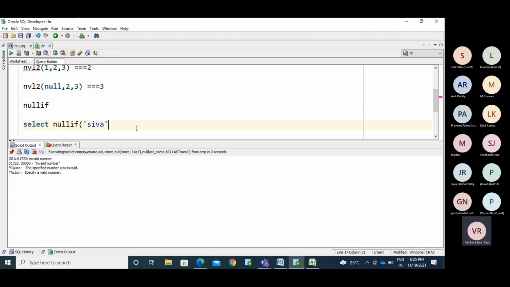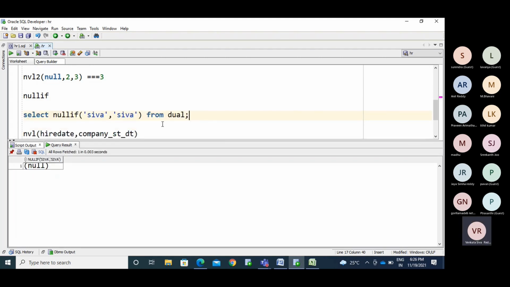If the two columns have the same value, it displays null for both columns. So if column 1 and column 2 have the same values, it displays null. If any one of the values differs, it displays the first column value.